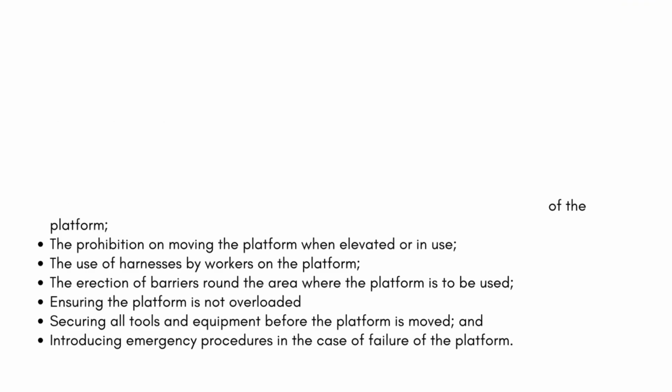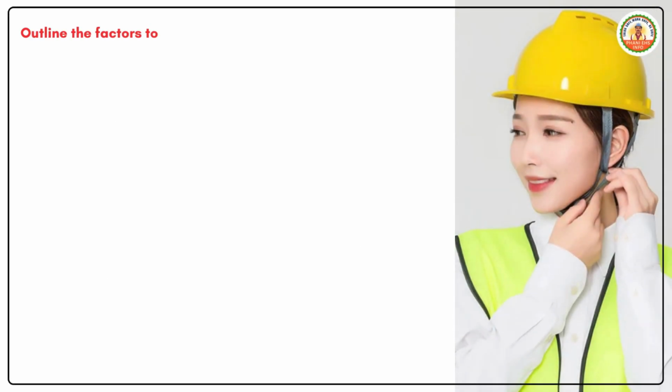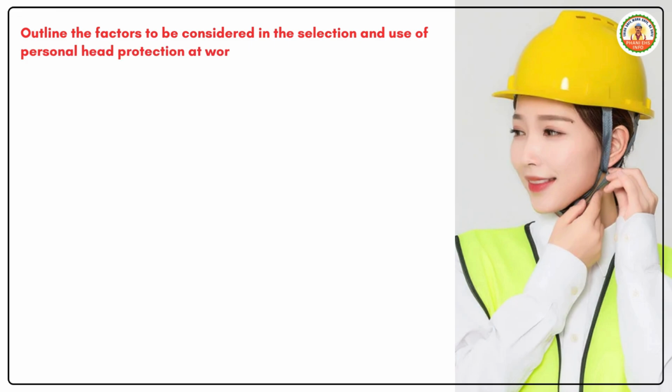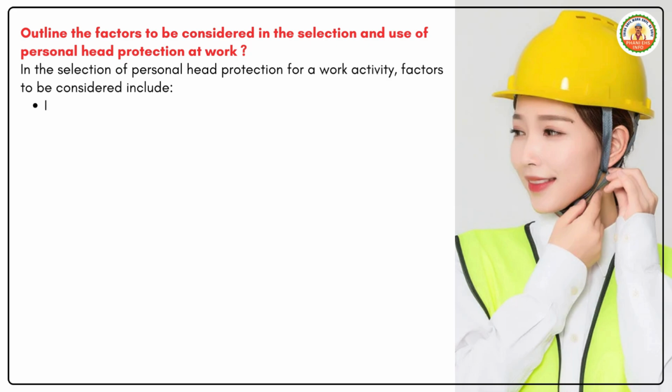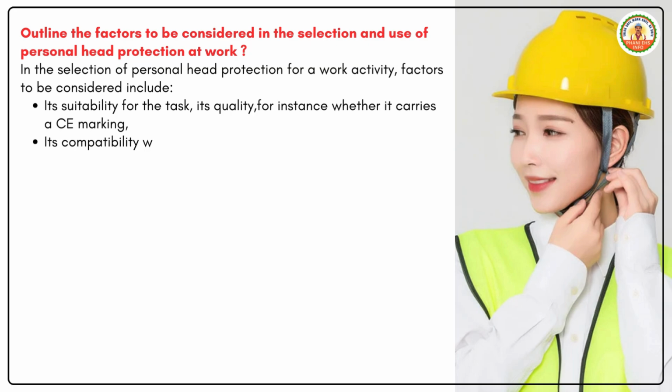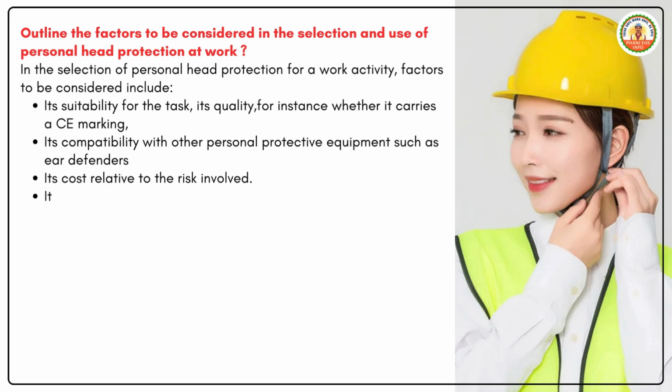Outline the factors to be considered in the selection and use of personal head protection at work. In the selection of personal head protection for a work activity, factors to be considered include its suitability for the task, its quality, for instance whether it carries a CE marking, its compatibility with other personal protective equipment such as ear defenders,